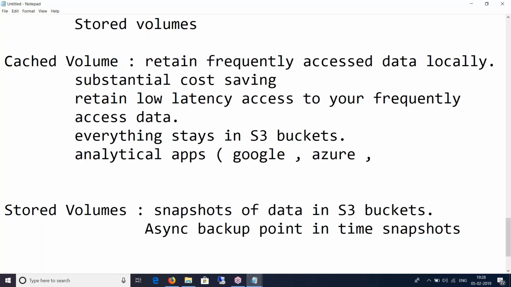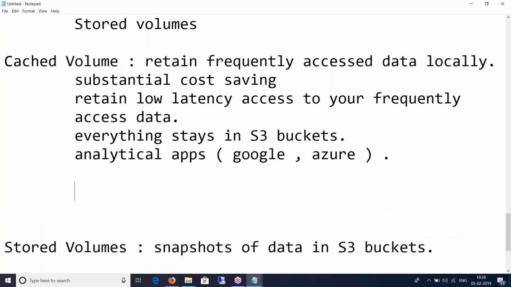AWS does not have any such applications today, but there is one from Azure. You can run one of those, and that tells me which files have been accessed frequently, and I can write a rule and say, let's not sync up all of these files, and I will have just the data that has not been accessed frequently go into my S3 bucket.